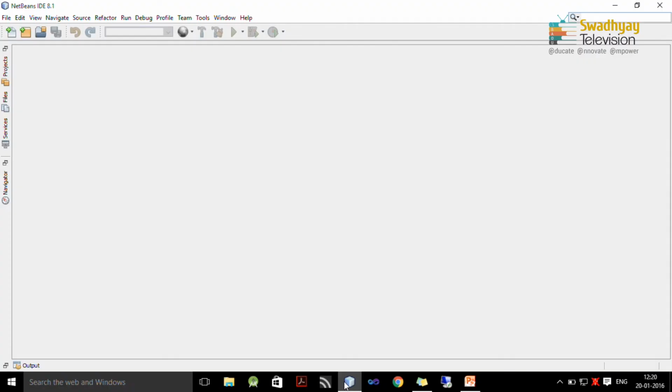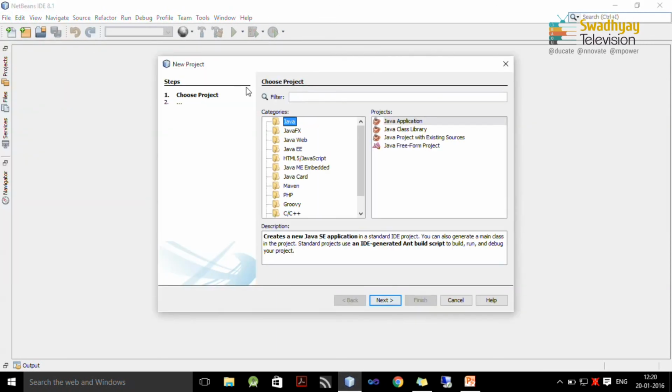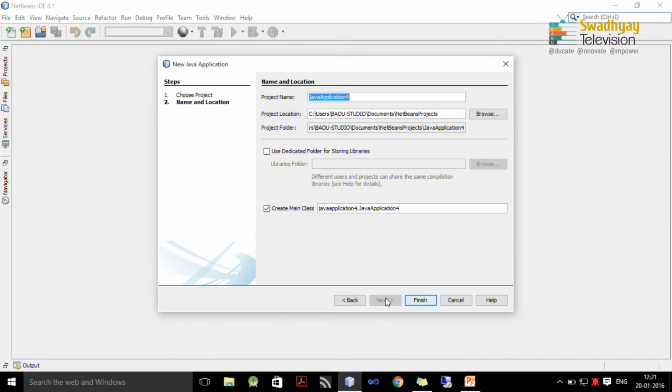On screen you can see the NetBeans IDE start interface. Here from the file menu I select new project, and from category I select Java, and in projects we select Java application, and then I press next.